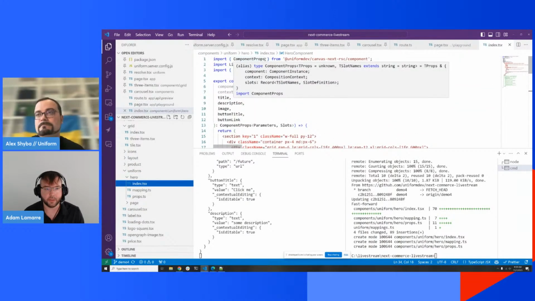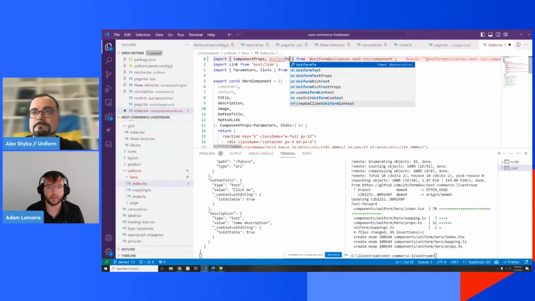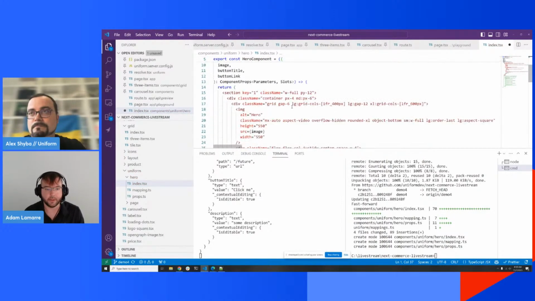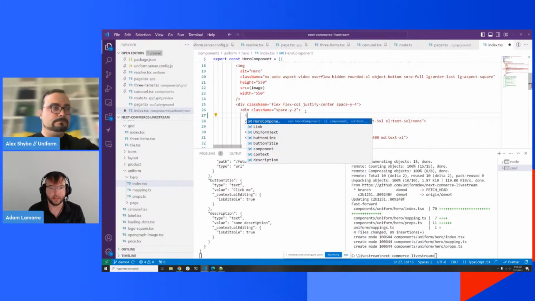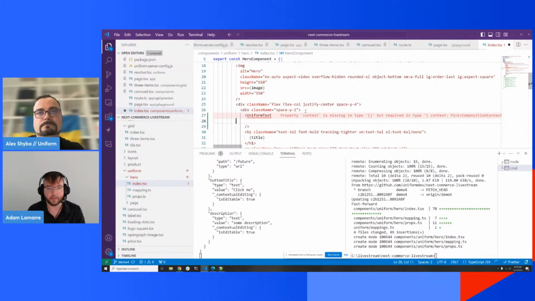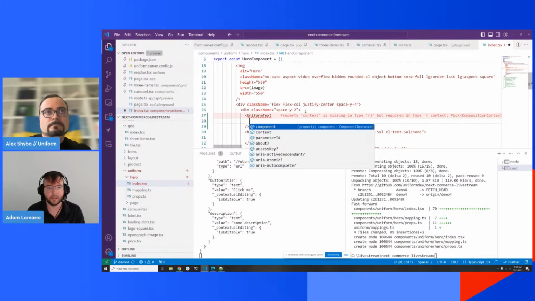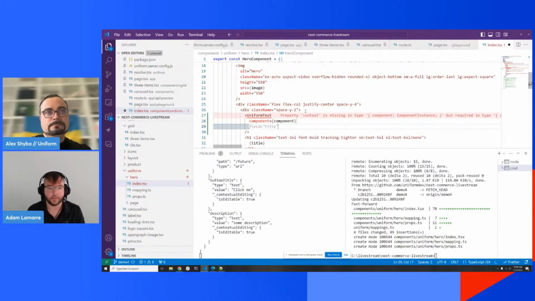And there's actually a component that we shipped to make this really easy. So we can do uniform text, and we'll come down. Let's just do the title. That seems like a pretty good one that people want to edit. So we use uniform text, and we need to pass it a couple of things. We need to pass it the component this data belongs to, some context,